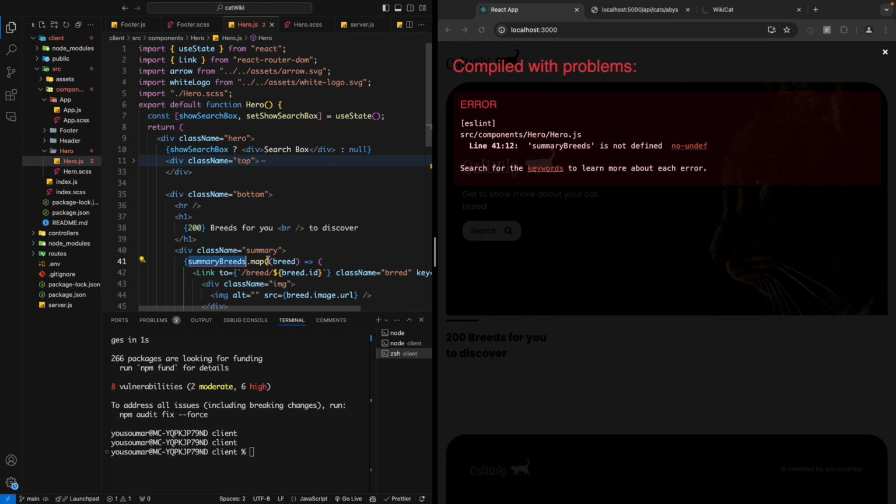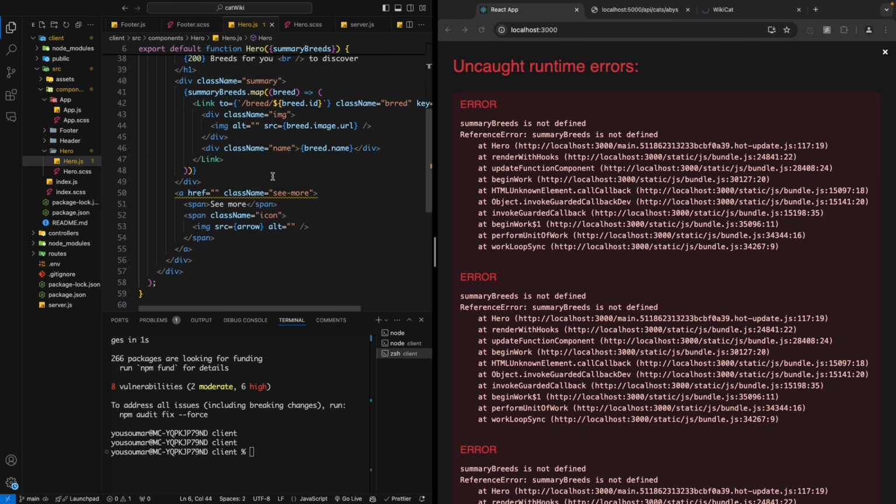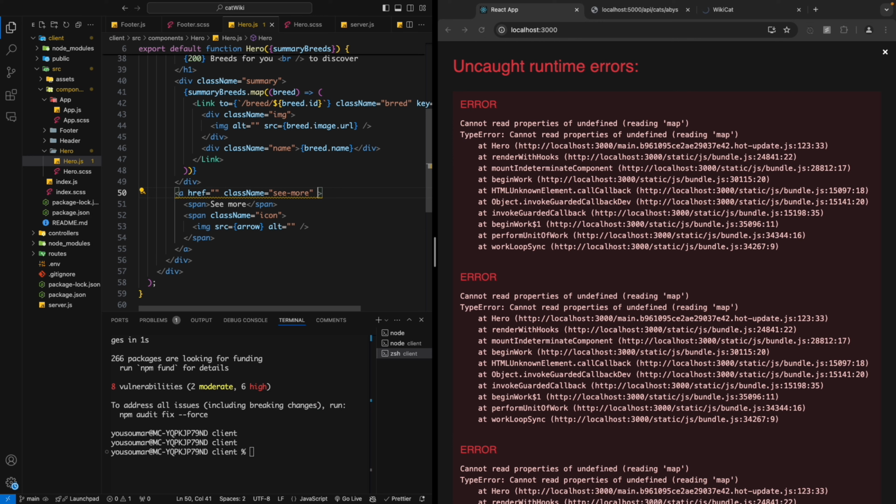As I was saying, it should be an array, and actually it is. It is going to be coming from the app.js file. So this is going to be populated with the API, and on our link here, so when we click,